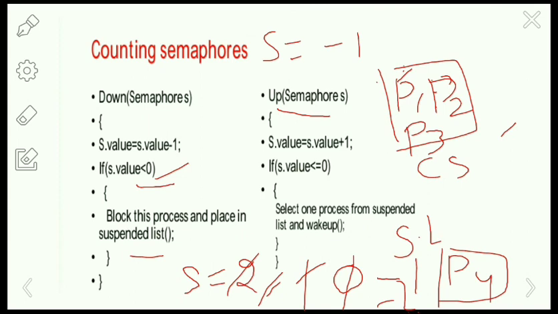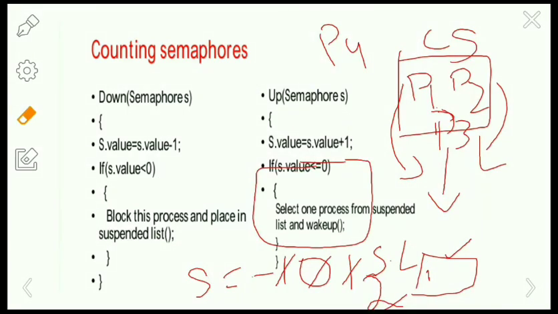If the semaphore value is less than or equal to 0, then select one process from the suspended list and wake it up. Since the value is less than or equal to 0, we select one process from the suspended list, that is P4, and we are going to wake up P4.